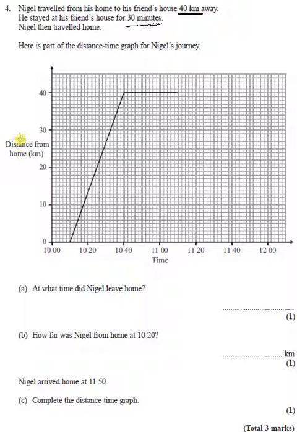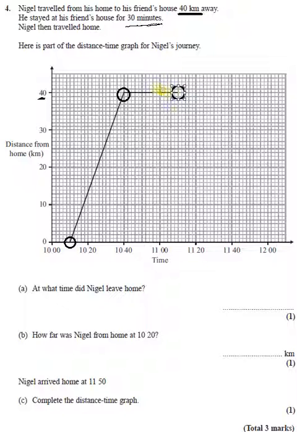On the vertical axis we've got distance from home, and on the horizontal we've got time. This point here, no distance is travelled, so that must be when you're still at home. If we look at this point of the graph, we've got 40 kilometres travelled, or the distance is 40 kilometres, so he's 40 kilometres away. And this point,